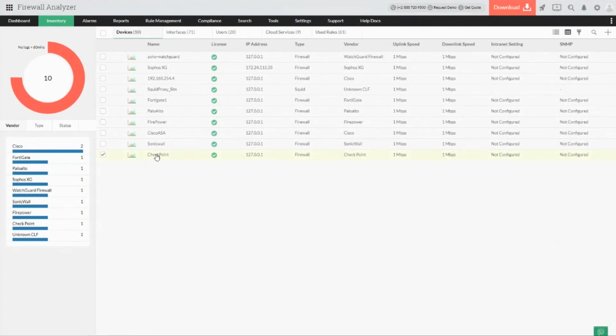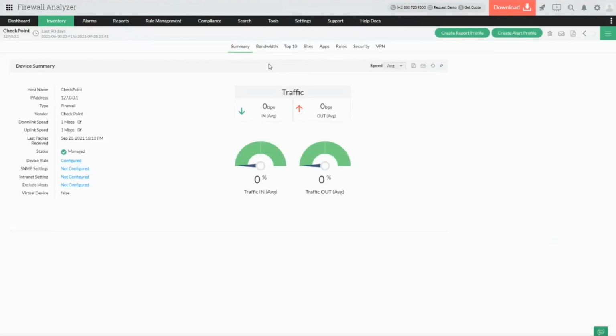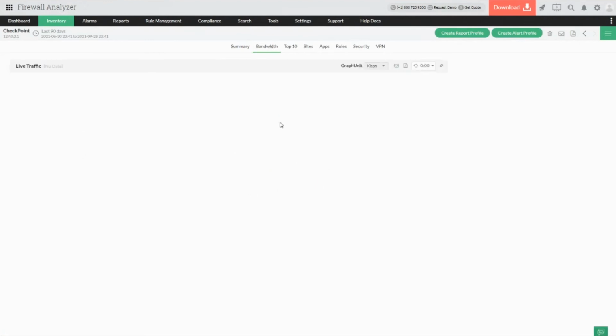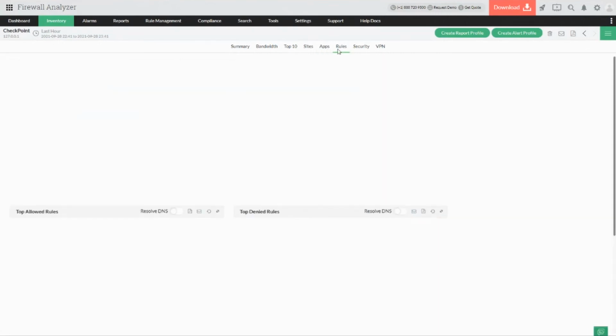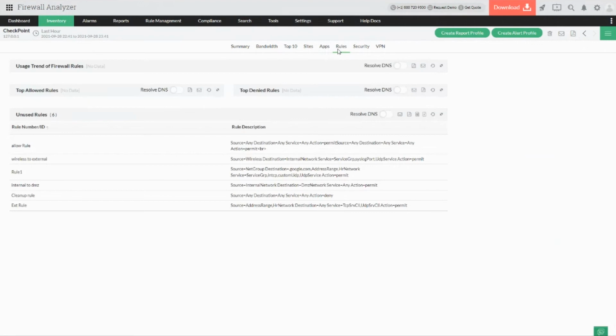So let's take this as a checkpoint example where you can easily see the bandwidth utilization for a respective time, the top sites, how many sites have been visited at what particular time, if there is any problem with them, what are the top sites. And when we talk about sites, which site has been visited too many times, is it an allowed or, let's say, a denied website, the apps which have been used too many times in that environment, how many rules are violated in this particular firewall, and which source or destination is doing them, how many allowed rules are hit. The rule hits can be easily determined.